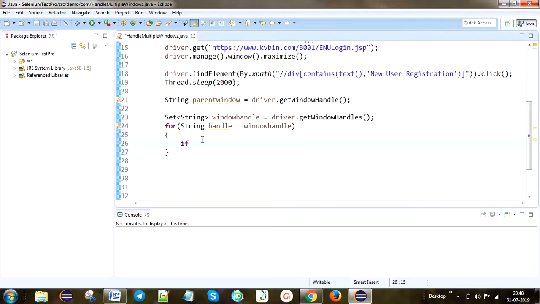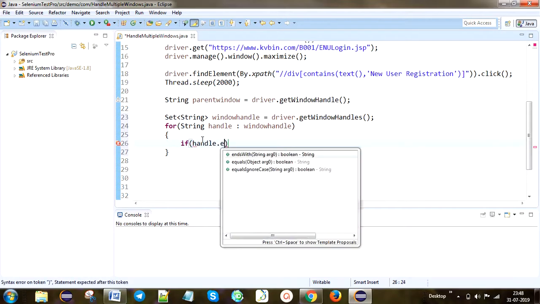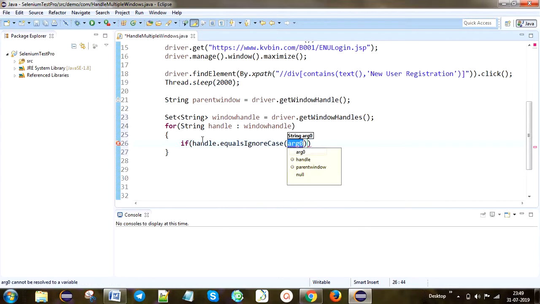If handle.equalsIgnoreCase(parentWindow), here I'm going to put a not-equal condition. Why? Because if the child window and parent window are not equal, then we are getting one additional new window. We can identify, okay, one new window we are getting.